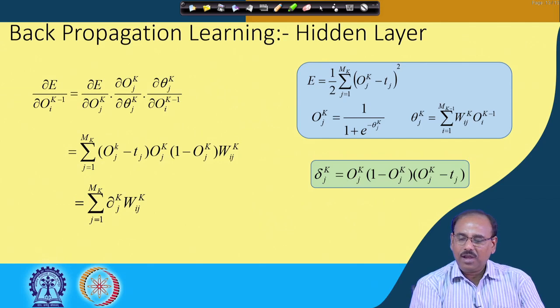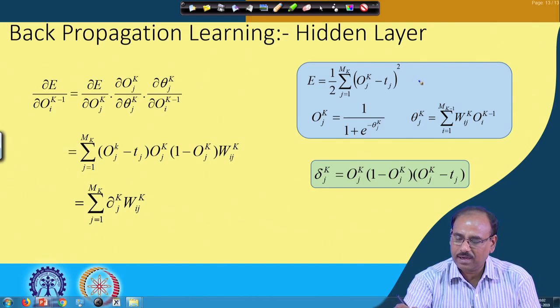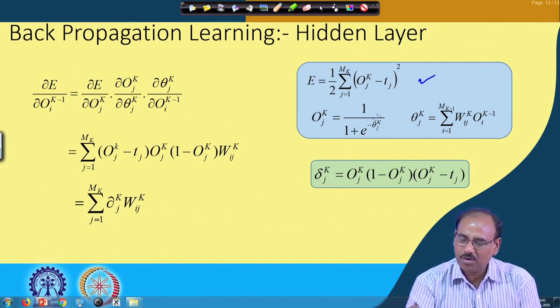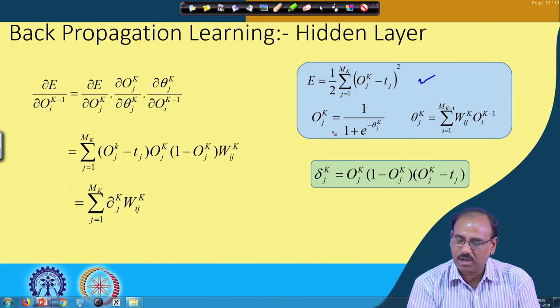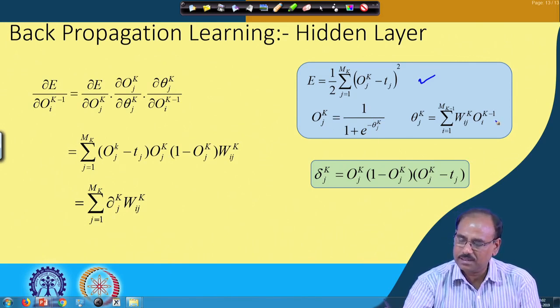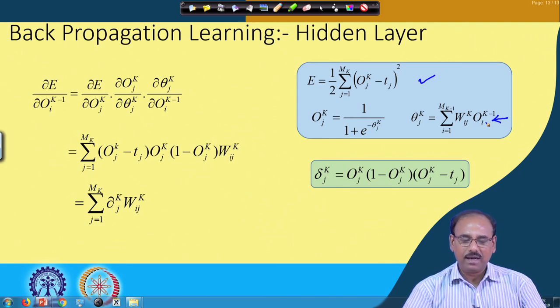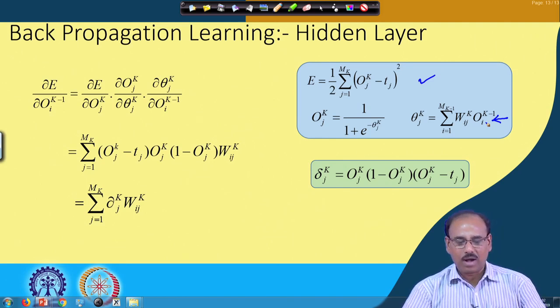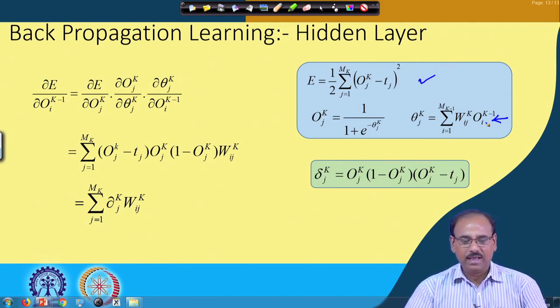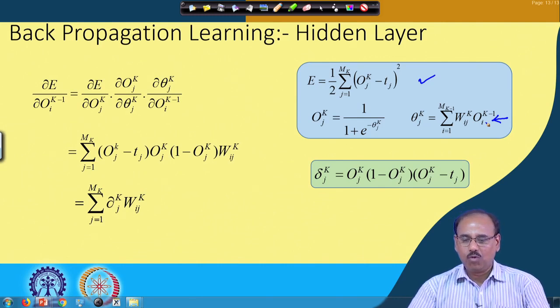Over here you find that E is given as we have already said, the error at the output layer, where O_j^k is the sigmoidal function of theta_j^k, and theta_j^k is nothing but the weighted sum of O_i^(k-1). Given this, del E / del O_i^(k-1), again by chain rule, I can write as del E / del O_j^k into del O_j^k / del theta_j^k into del theta_j^k / del O_i^(k-1),